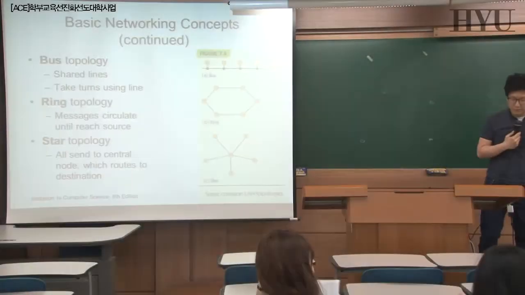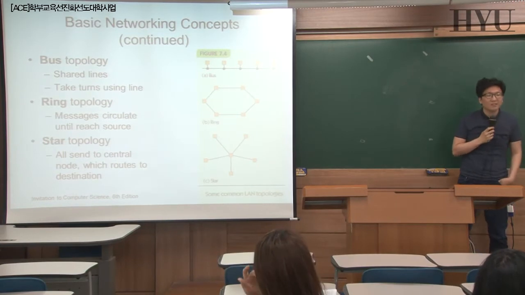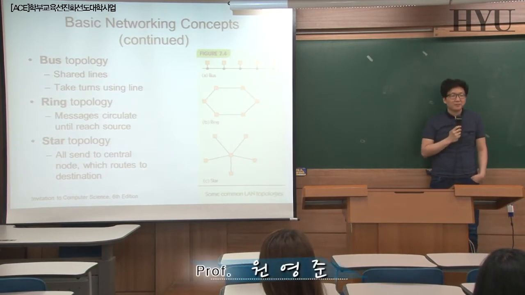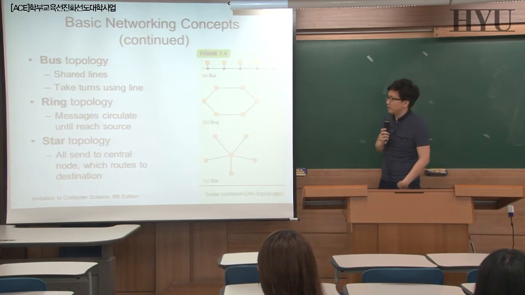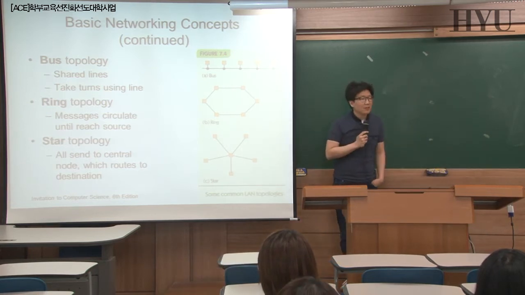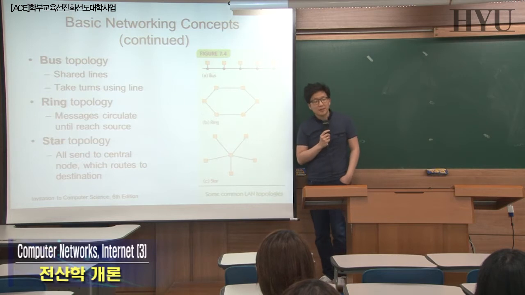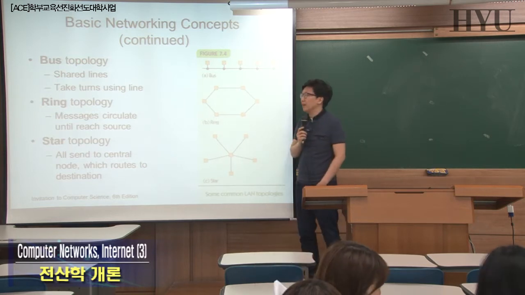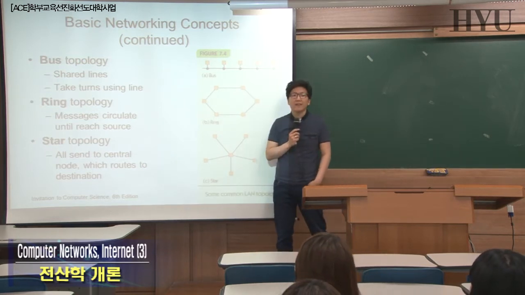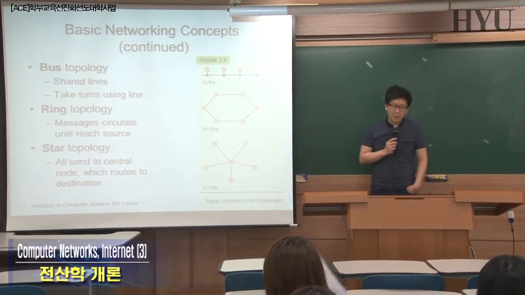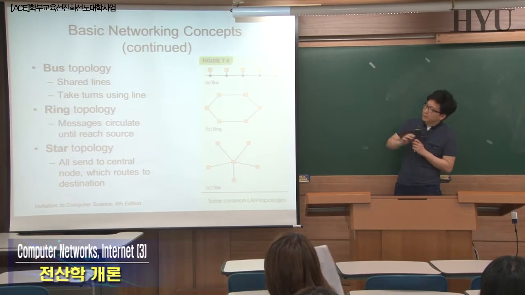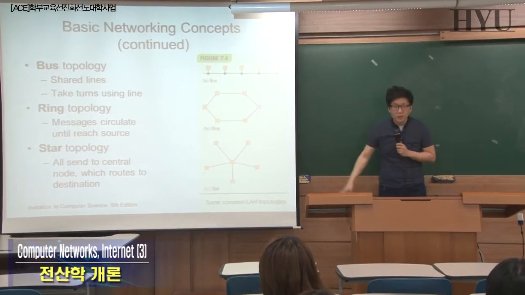Look at something called topology, how things are connected. Usually the representation of the topology will be very similar to the graph that we looked at when we discussed shortest path finding algorithms. So nodes and edges are the typical way of doing it, and from bus to the star topology,